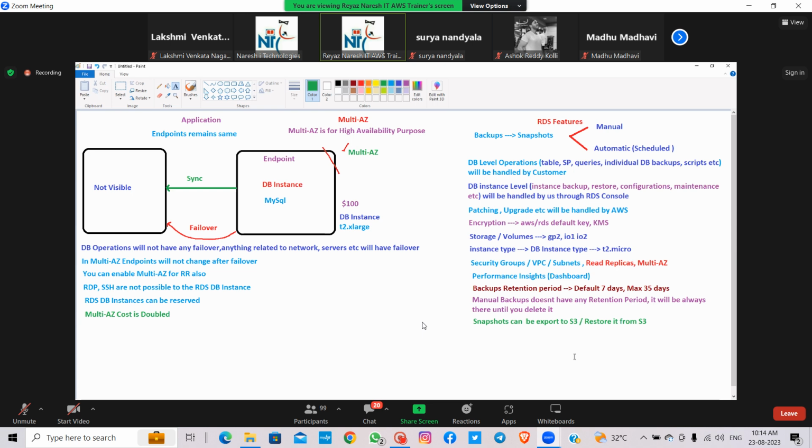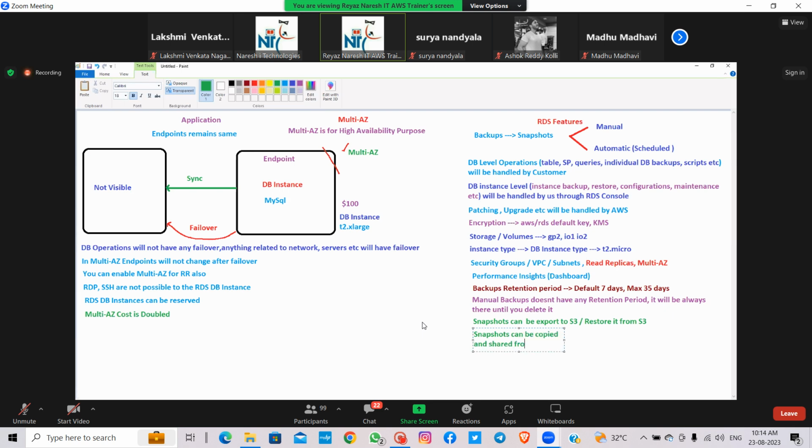Here also snapshots are stored in S3, but we need not worry about it. Similarly, snapshots can be copied from one region to another region, and shared from one AWS account to another.